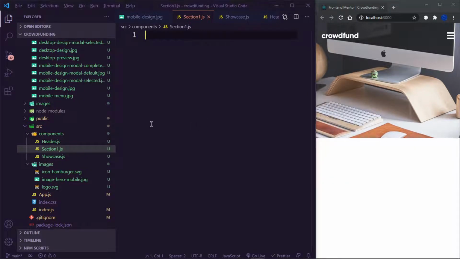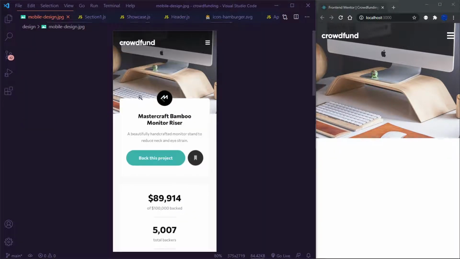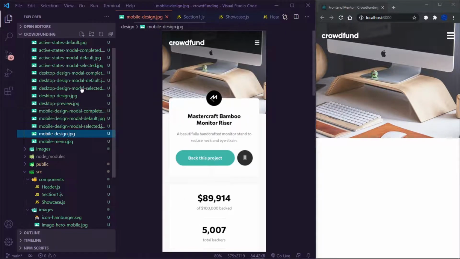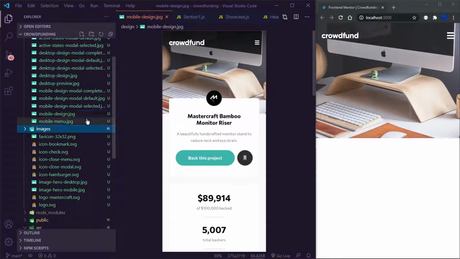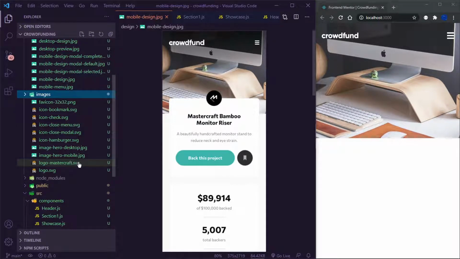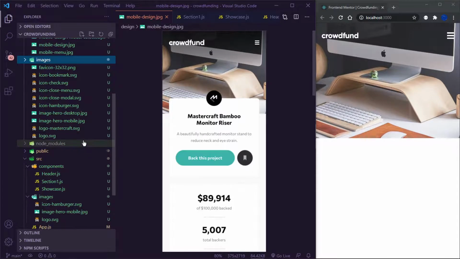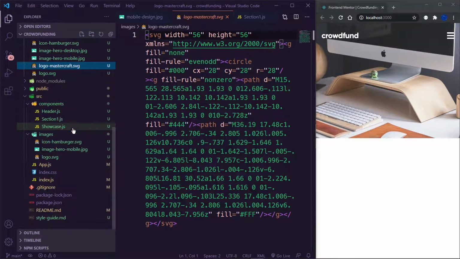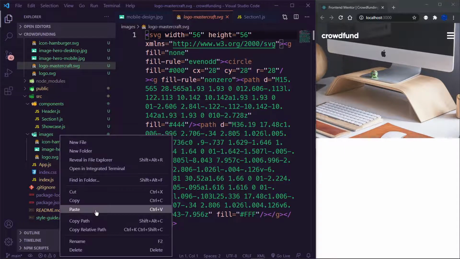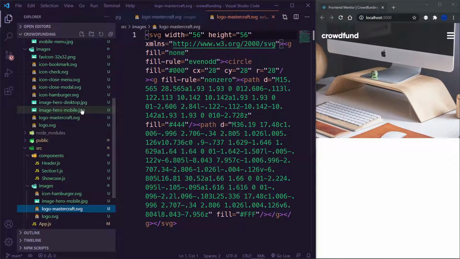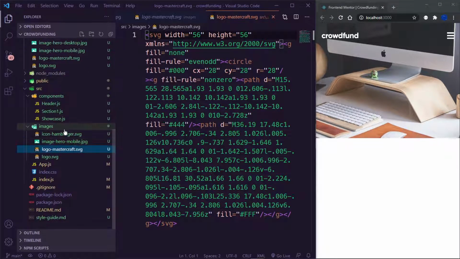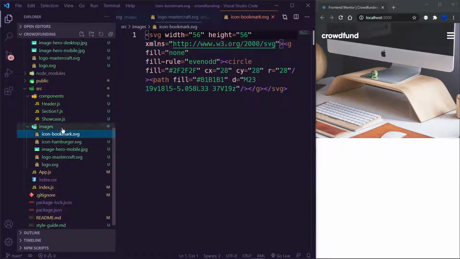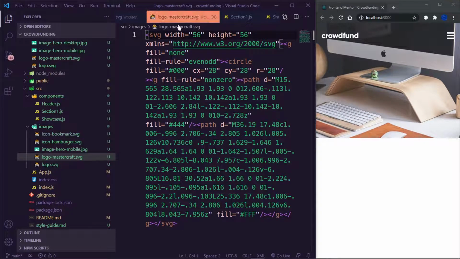Where was it? Wait, what am I doing? Oh, I want this right there. I don't know whether this is the Mastercraft logo. Let me see if I have it in my images here. Logo-mastercraft.svg. So I need to import this logo. So I'm going to copy this logo from here and then just paste it inside here. And I've just noticed that I also need the bookmark logo. Where is my bookmark? Here. So copy this and then paste it inside here as well,